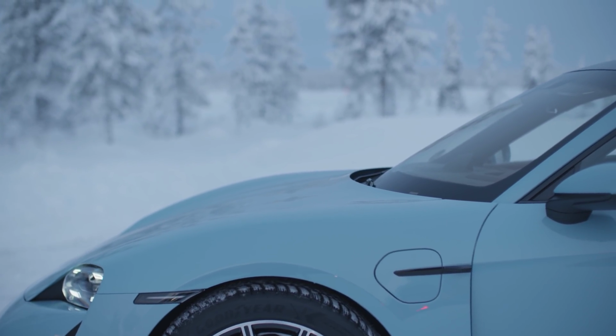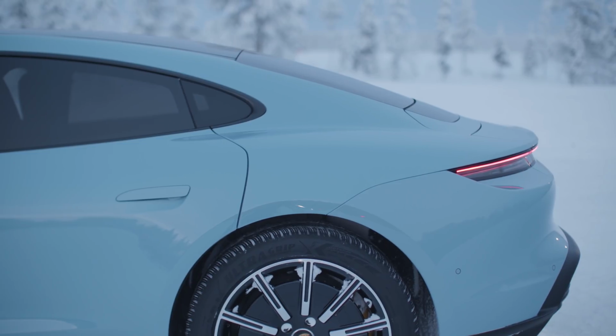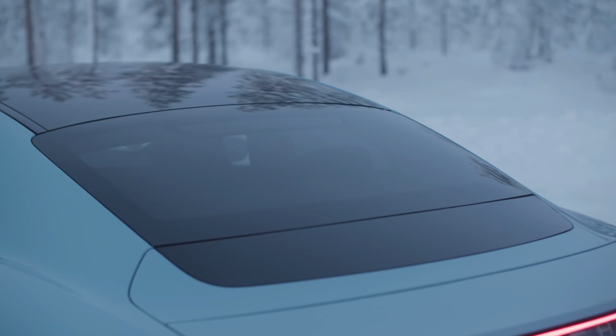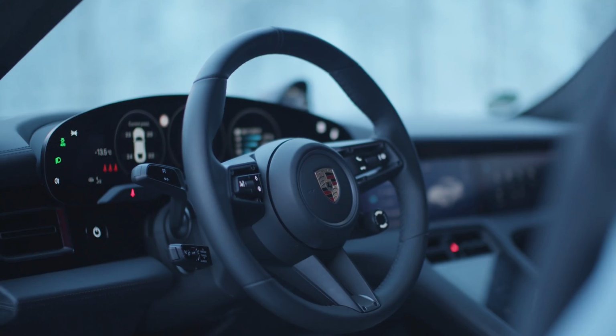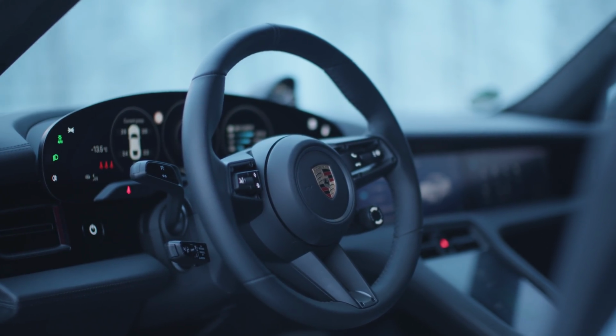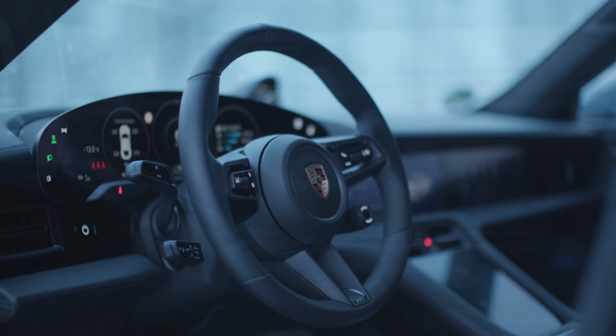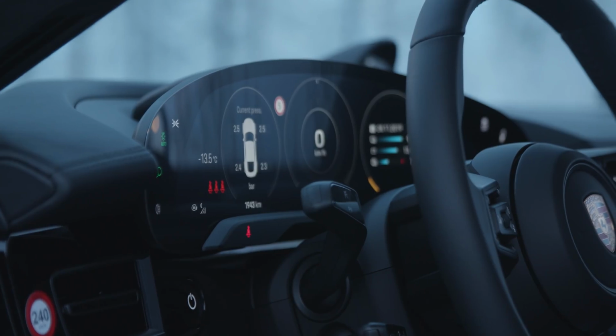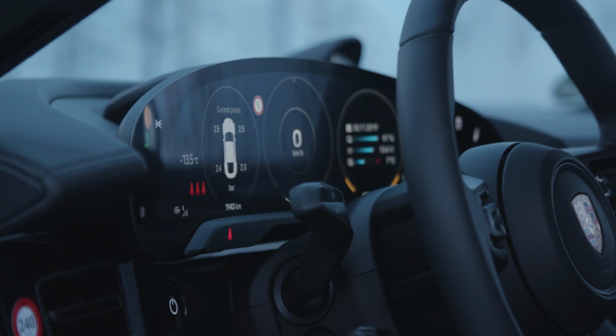The suspension uses 3-chamber air springs with adaptive dampers as standard. Porsche Dynamic Chassis Control, Porsche Torque Vectoring Plus and rear wheel steering are all optional. The Taycan doesn't have the space within its cabin that the Tesla Model S does, but the interior quality is exceptional. The seating position is just so, with a low set seat, and the various screens are all beautifully rendered